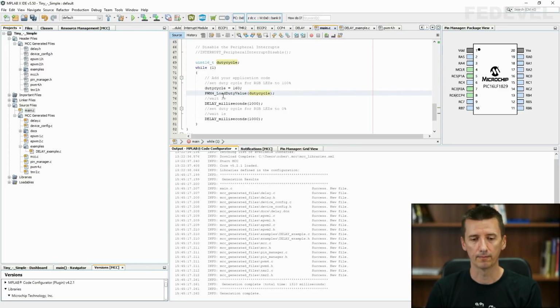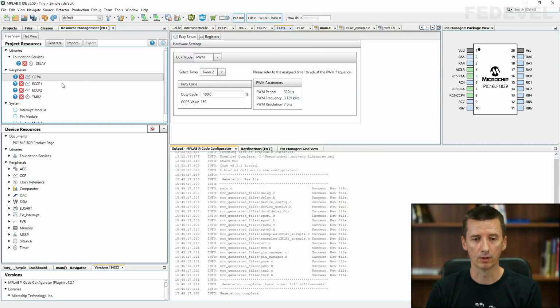And the number what we have to use for this function, we got the value from this MCC, and it was calculated approximately when we set the duty cycle here. So for example, if you would like to get like 10% duty cycle, you would use value 15, okay? For, I don't know, 70%, you would use 111. Little bit later, we can try different values and measure them so you can see how the real signal looks.